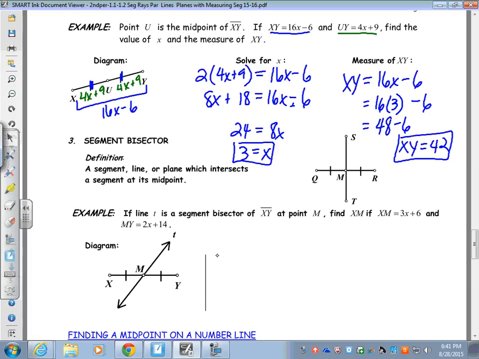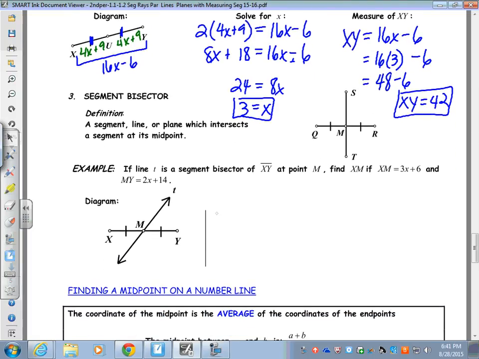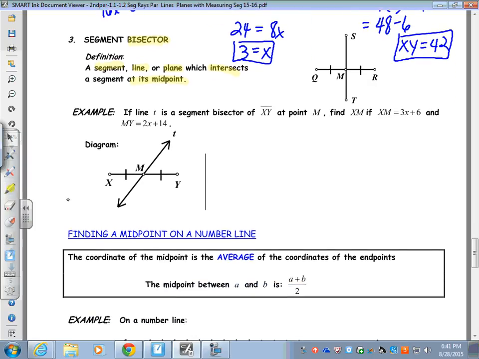So the same relationship that you use with midpoint, you're going to use with the bisector. Because a bisector can be a segment, a line, or a plane, but it intersects at its midpoint. Okay, so in this picture here, in this example that I've given you, line T is a segment bisector. So the segment bisector is the line. It is bisecting segment XY because I see the tick marks, which tells me that it's going through the midpoint,